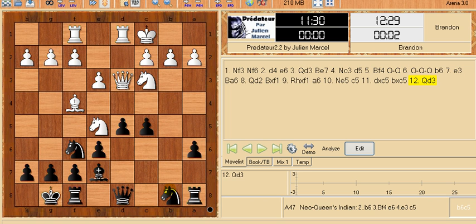Okay, queen d3. He's eyeing h7, but I don't think he's got any coordination on that square yet. If I play knight c6, he can play... If I play knight d7, he can play knight c6. So I'm thinking about queen b6, followed by... Okay, queen b6 fails. No, it doesn't. Queen b6, knight d7, knight takes d7. Queen b6...